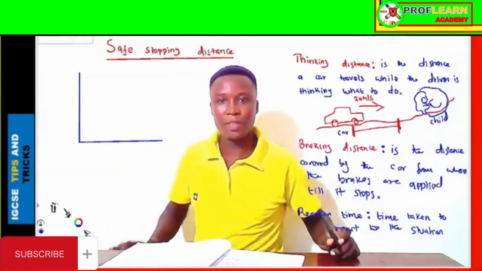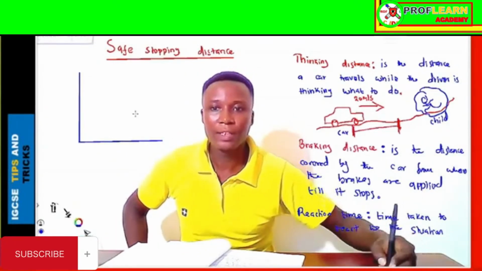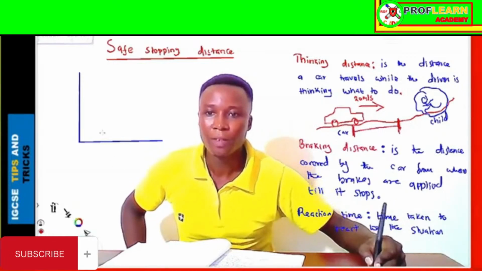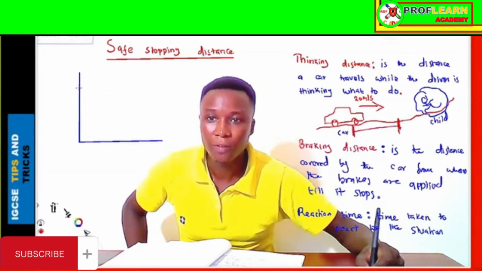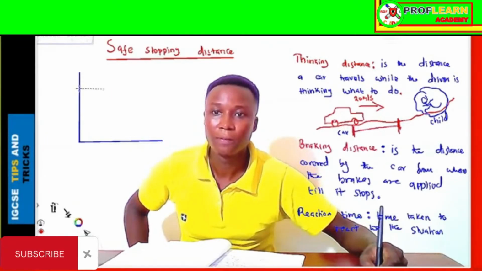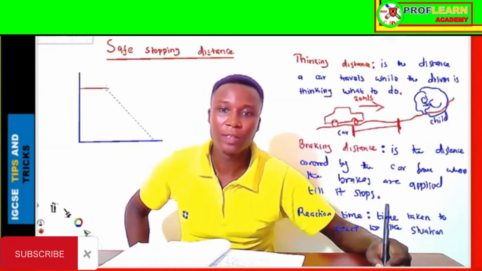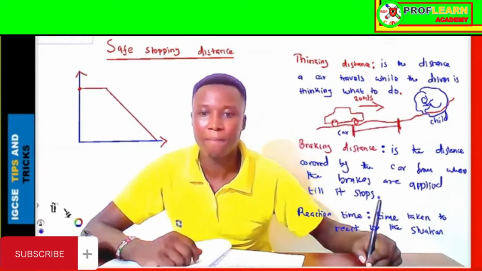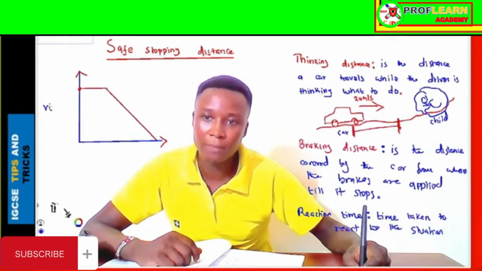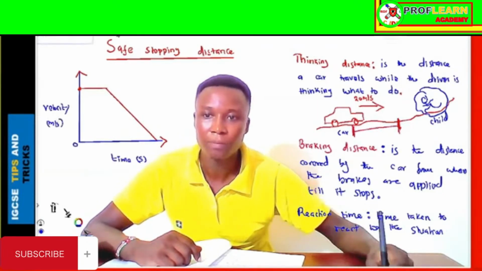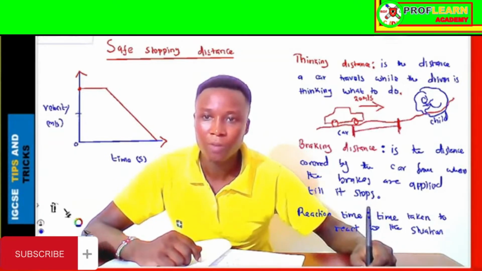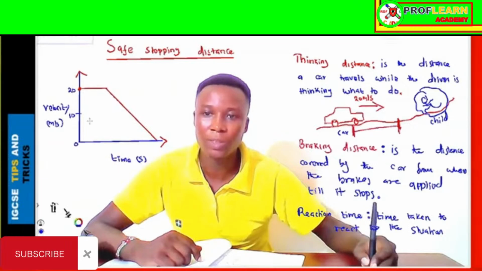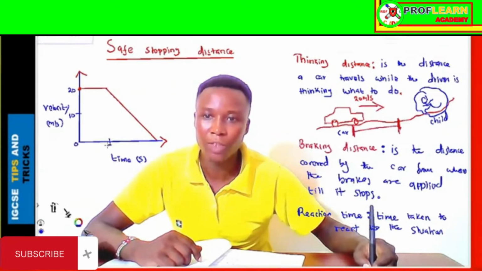Let me just hope this is going to be clear. So that graph can be drawn whereby you have a straight line like that from this point, and also that graph goes down like that. And this is a velocity time graph, velocity, which can be meter per second. If we take this 0, we take this 10, 20, suppose this is 5 seconds,